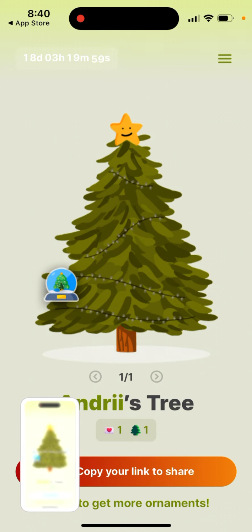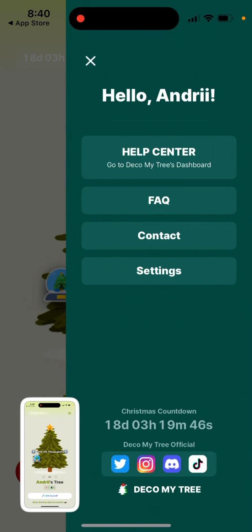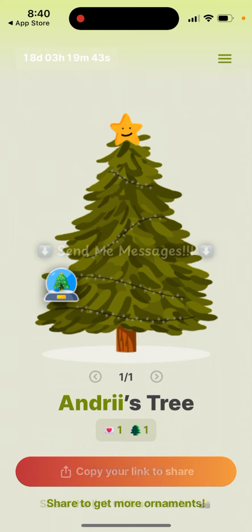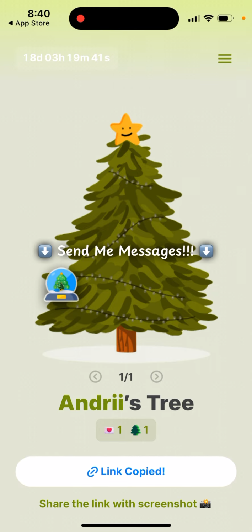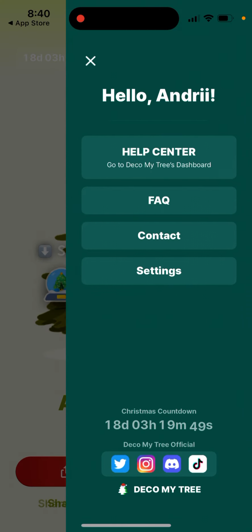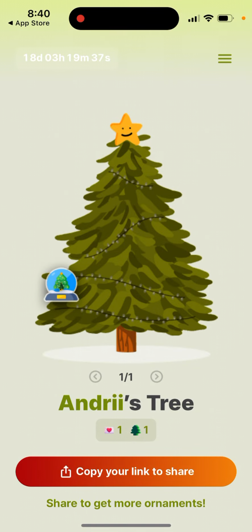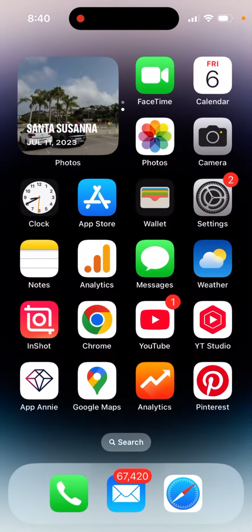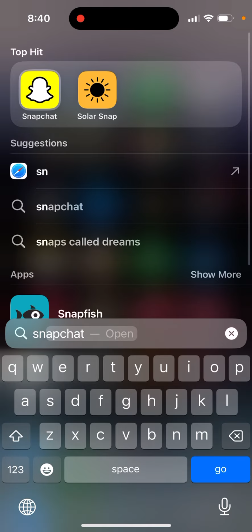So you can then take your screenshot. It's not that obvious. So here you have your link. In the top right, you have your menu. And this is how you can send these messages to your friends. To discover those, you can go to Snapchat or Instagram. So for example, if I go to Snapchat,